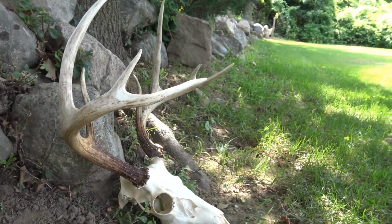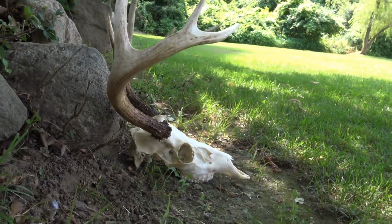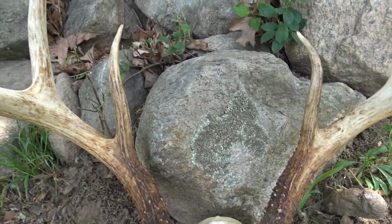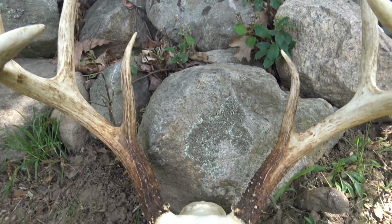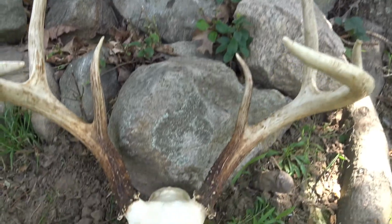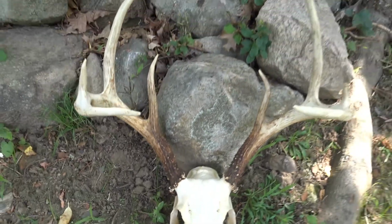So I set up in this creek bottom about 1 o'clock, and I'm going to overlay some footage here from what I have of that hunt, and also close-ups of my buck here, so you guys can get a better look at him. The funny thing about it is this was actually just after our first snowfall of the year, so we had probably about 1.5 inches, maybe 2 inches of snow on the ground. So a little unusual for the area here in Connecticut, and I was feeling good. I was feeling like if something was going to happen, it was going to happen